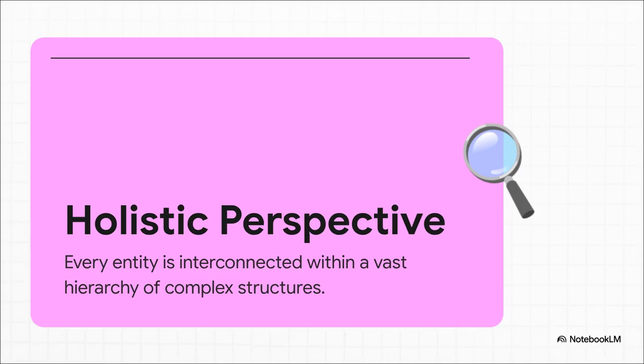To ground this, think about how this perspective completely changes fields like modern medicine. For centuries, a doctor might treat a patient with a super specialized focus. If you have a stomach issue, they only look at the stomach. But adopting a holistic, nested systems perspective means realizing the digestive system doesn't exist in a vacuum. It's deeply interconnected with the nervous system, which is influenced by the patient's psychological stress, which is dictated by their external environment and family system. Treating the patient effectively means recognizing they are a complex hierarchy of nested systems, just like the leaf on the tree. You can't just fix the leaf without checking the soil.